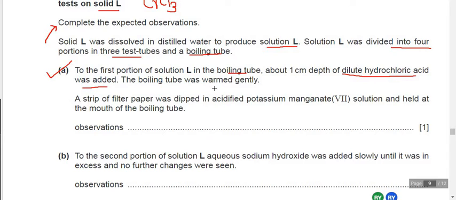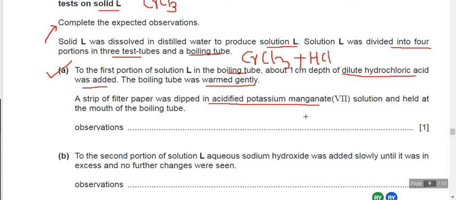The boiling tube was warmed gently, and a strip of filter paper was dipped in potassium manganate, that is KMnO4, and held at the mouth of the boiling tube. So I would like to tell you here, there is a chromium chloride, CrCl3, and in that you are adding a hydrochloric acid,